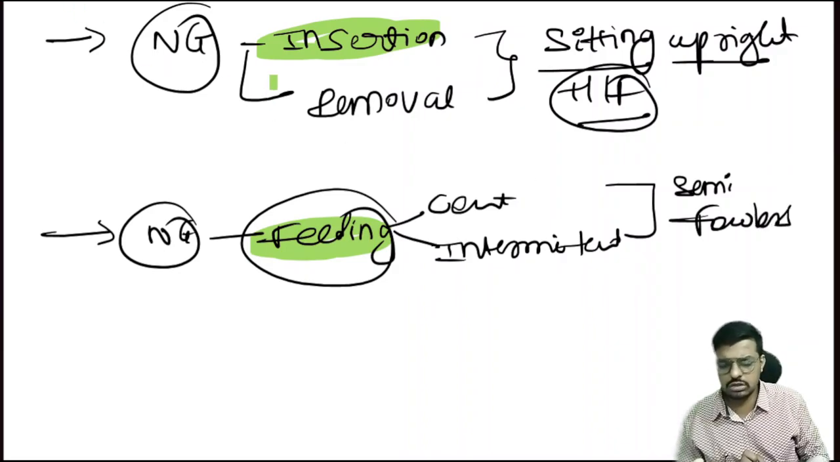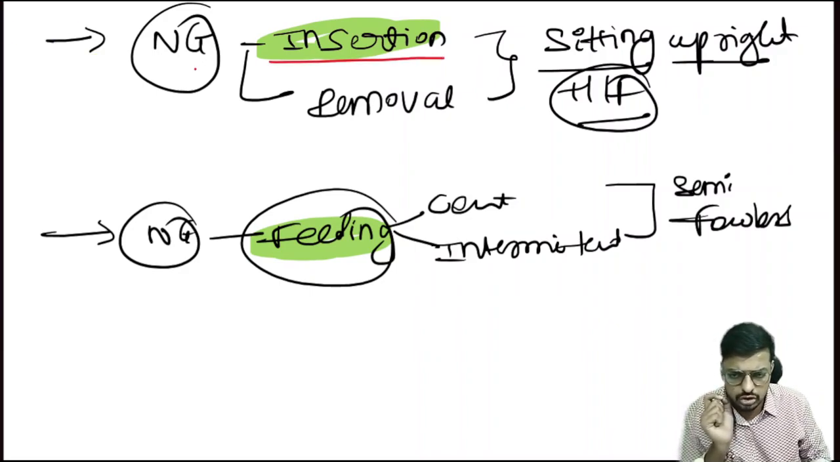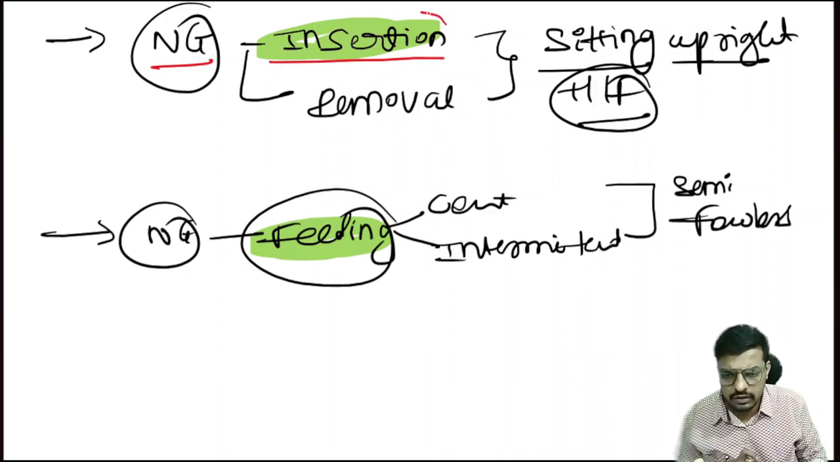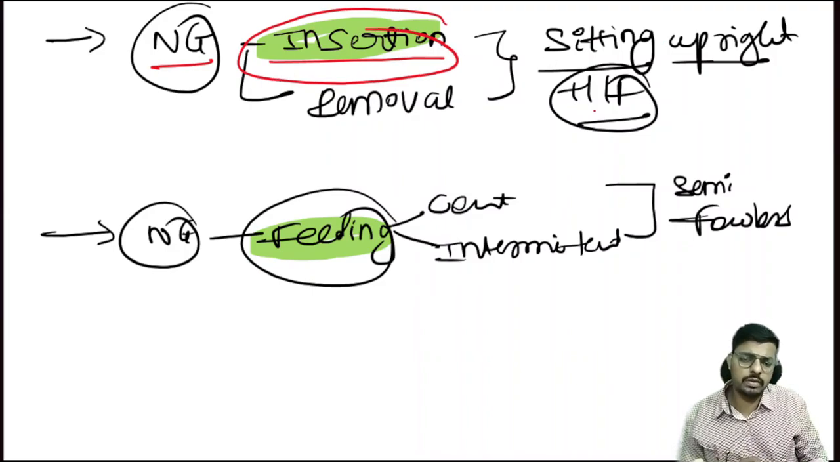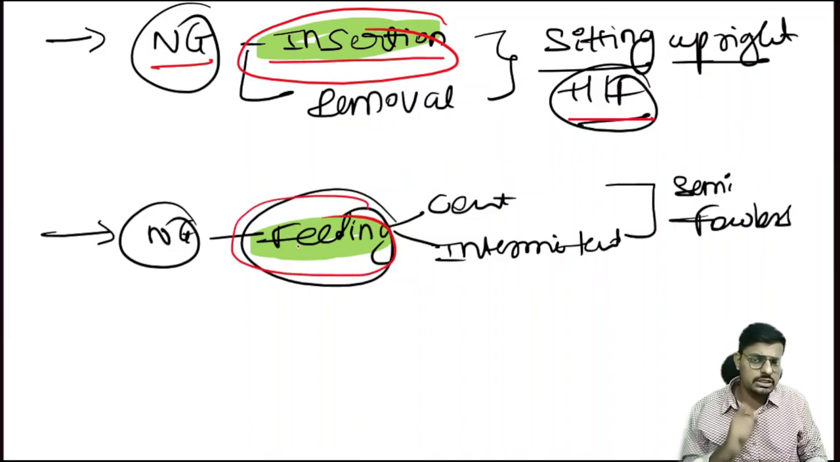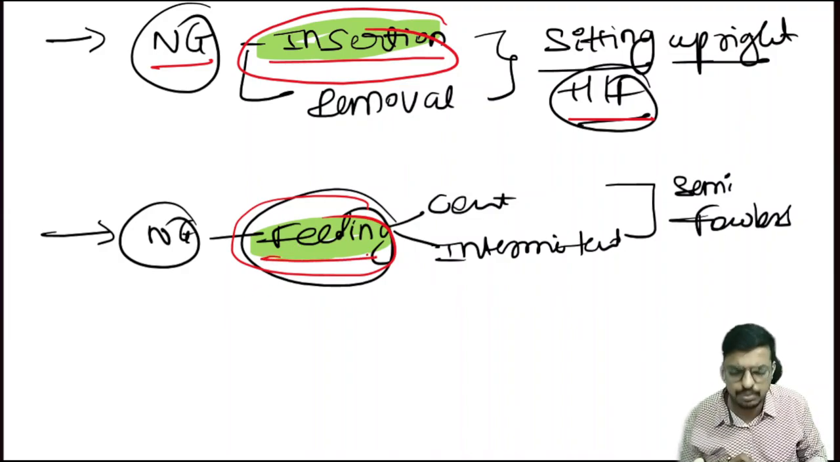Semi-Fowler's position. Most importantly, children, you have to focus on what the examiner is actually asking in the question. If he is asking the preferred position for insertion, your answer would be high Fowler's with the head flexed forward. If he is asking about the position during NG tube feeding, not during NG tube insertion,